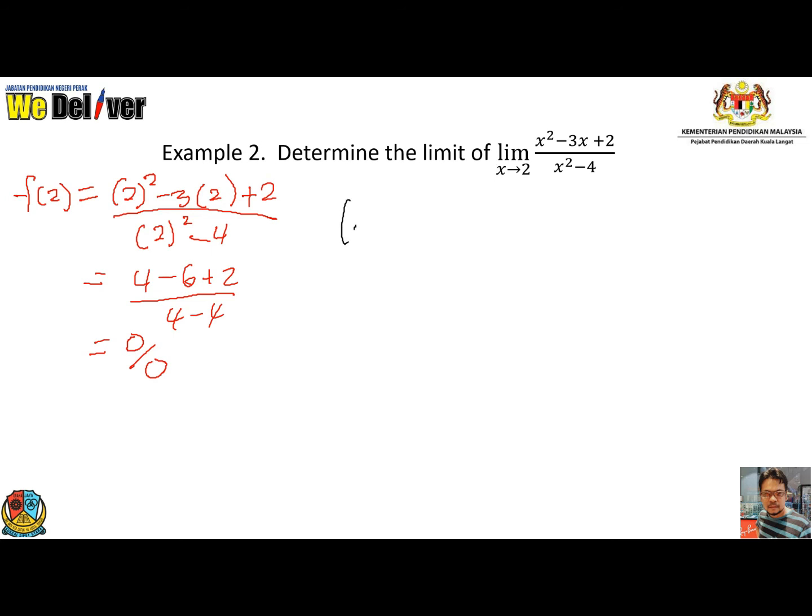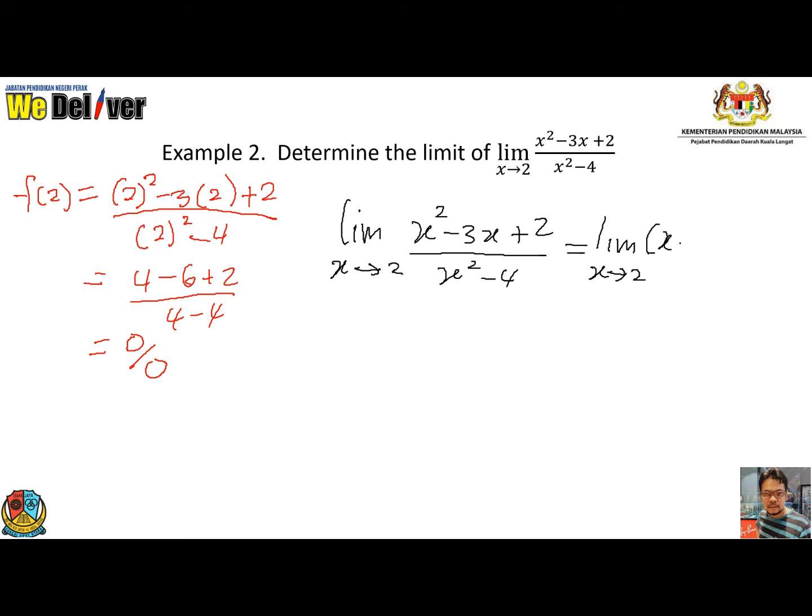So to find the limit when x approaches 2 of (x squared minus 3x plus 2) over (x squared minus 4), we need to factorize the numerator and the denominator. Factorize the numerator, you get (x minus 1)(x minus 2). Factorize the denominator, you get (x plus 2)(x minus 2). So simplify,